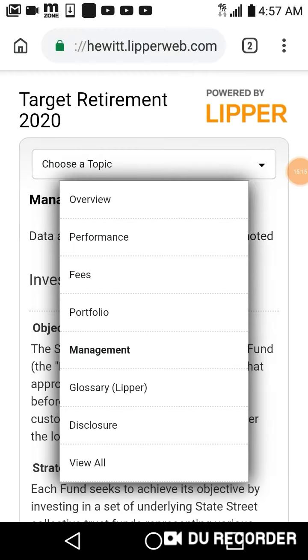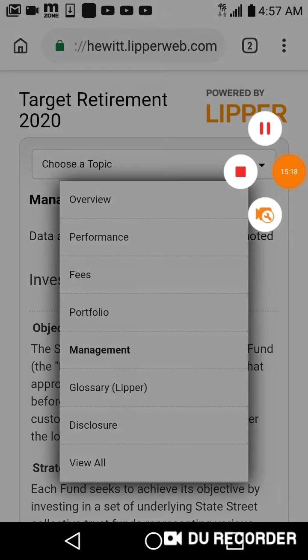Today we chose the 2020 target date. Next up, we'll choose one of the other